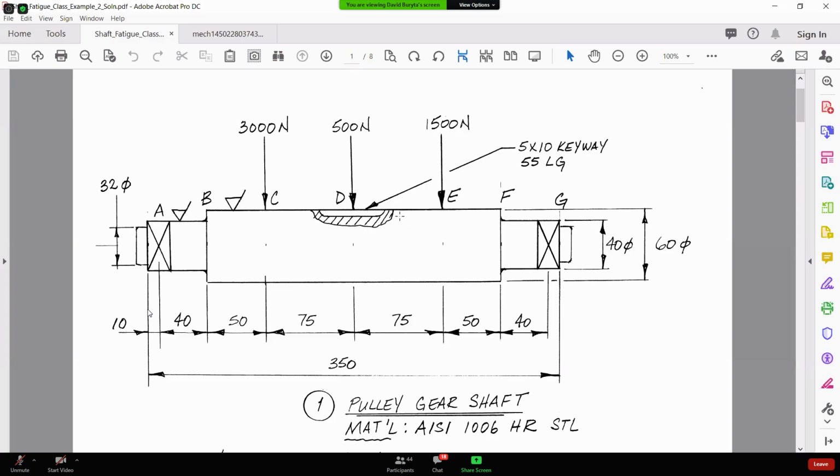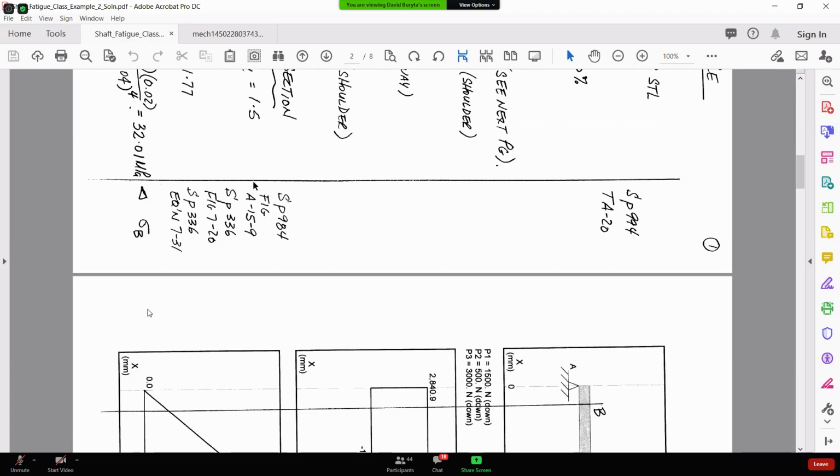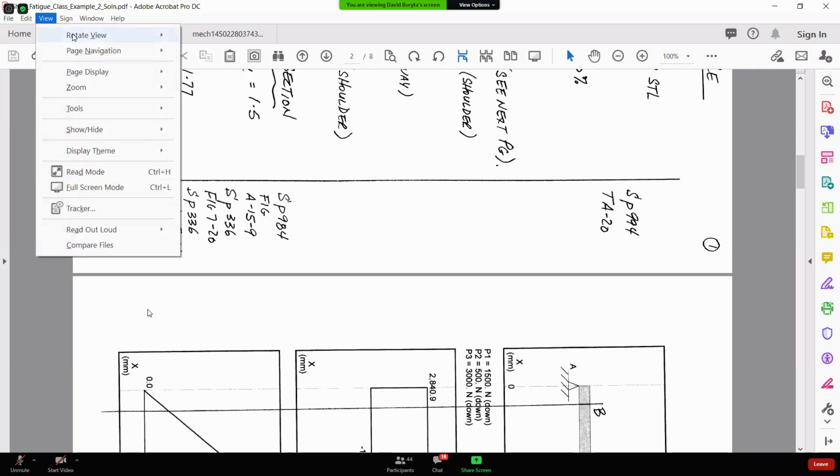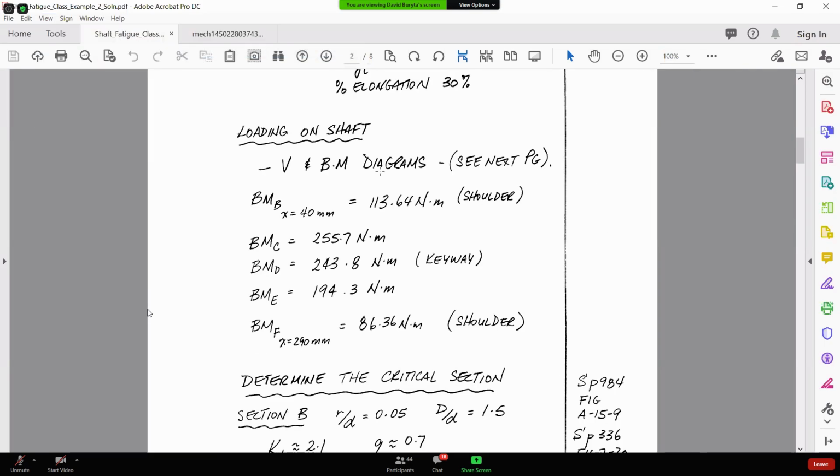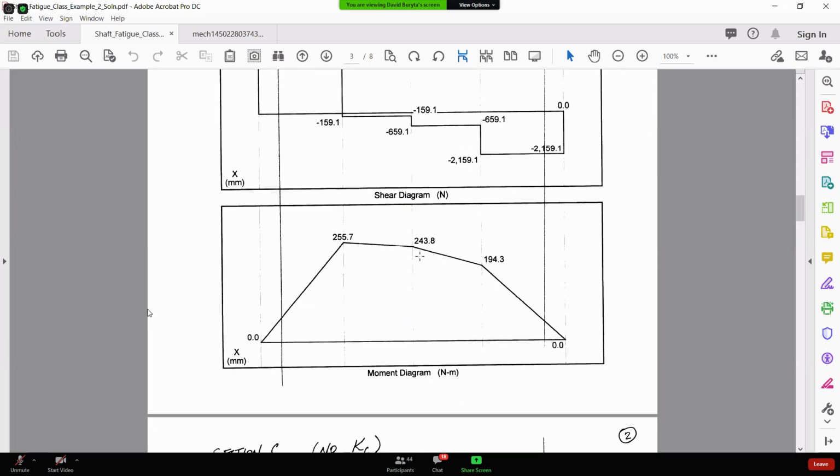I think a lot of people would say the keyway, right? Because it's got a really sharp corner when you cut it, and it's in the middle of the shaft, so everyone would think that. Even when we rotate this, it's got a fairly high moment where the keyway is. So the expectation I think a lot of people would have is that we would have failure where the keyway is. But in this particular case, it's over here where the shoulder is,